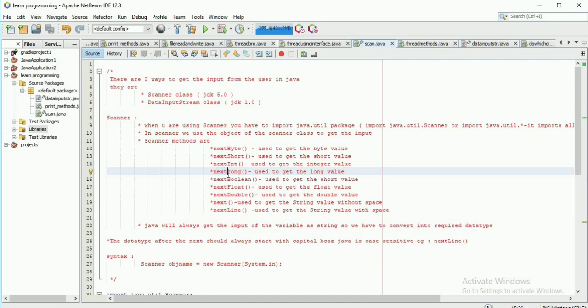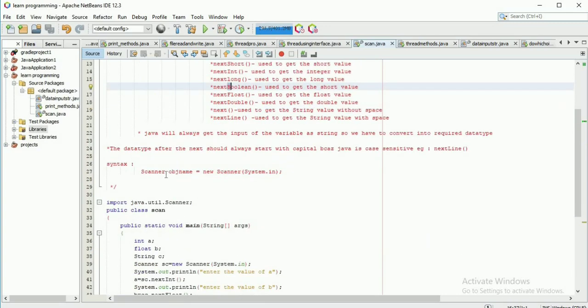Next is used to get the string value and Long is used to convert it into the long value. The data type after next should always start with a capital letter because Java is case sensitive. For example, in nextLine, the L is capital. In nextBoolean, the B is capital.